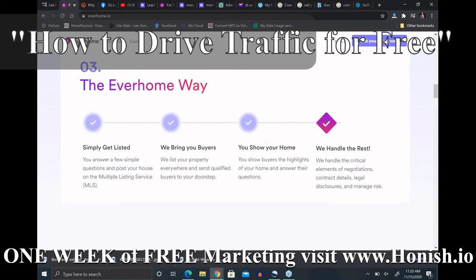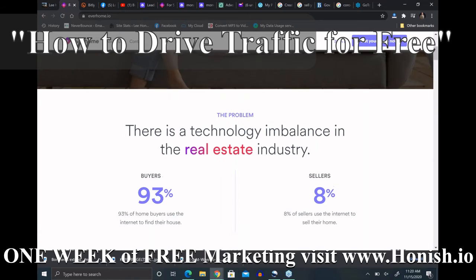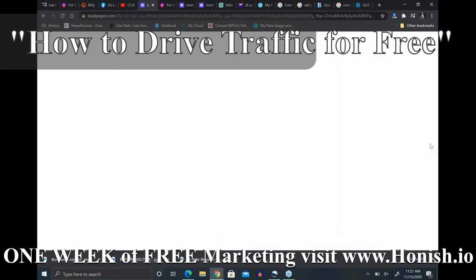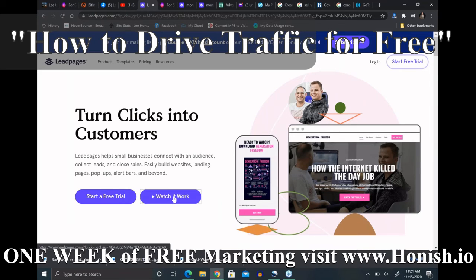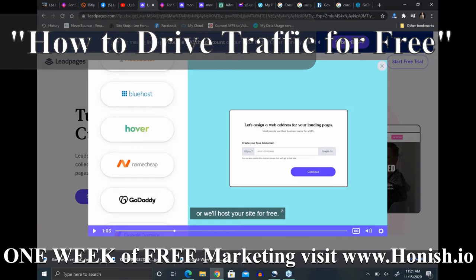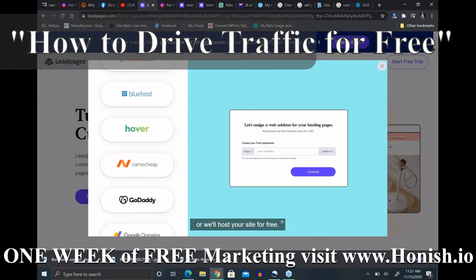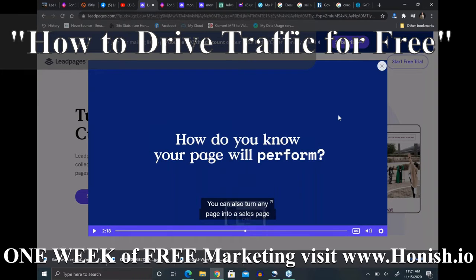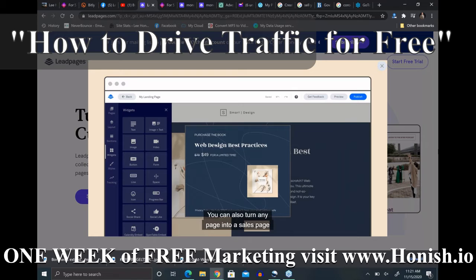Once I'm on it, it will capture the homeowner. It's got a complete breakdown. It's capturing cookies. It's doing pixels. It's doing all kinds of stuff. Now, if you don't have a website with advanced technology like this one, my advice is to go over to lead pages, right? Lead pages are basically capture pages that are designed to put people onto them that will ultimately capture an email or a phone number, by doing it with what's called a squeeze page. Squeeze pages are basically custom pages with audio or video or written or pictures or whatever that engage your clients, that ultimately make them want to be involved with you.